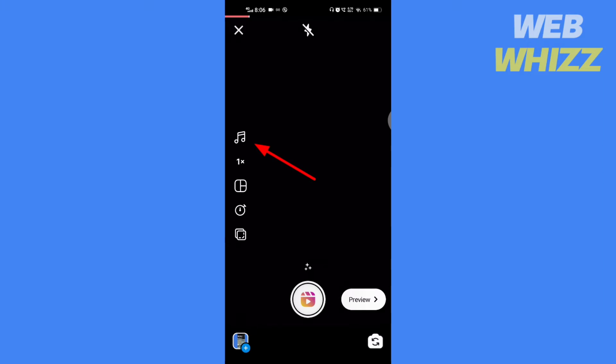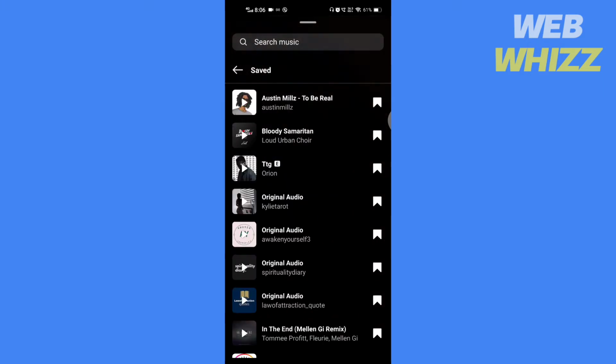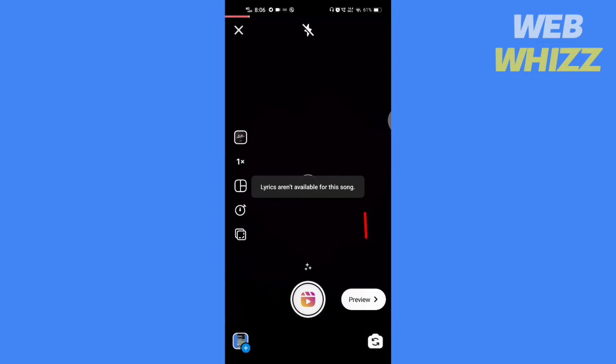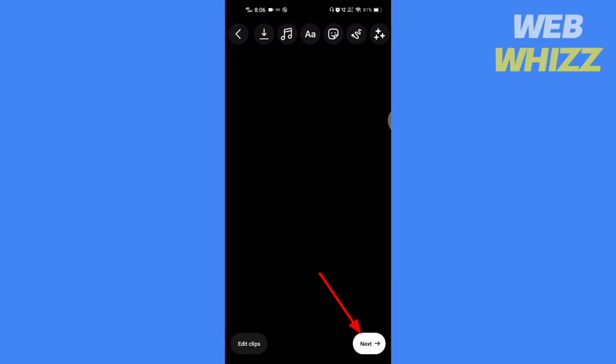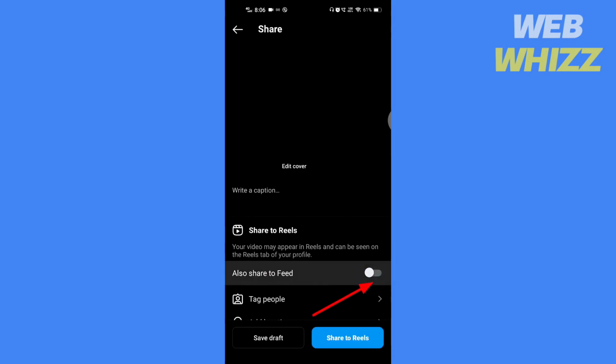Then tap on Audio, tap on Save. Select the audio you want to use. Tap on Done. Tap on Preview. Tap on Next. Turn on or off Share to Feed. Then tap on Share. You can also make another Instagram account and make a reel with the saved audio if